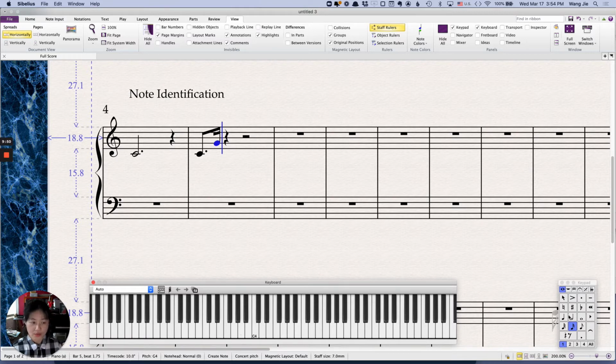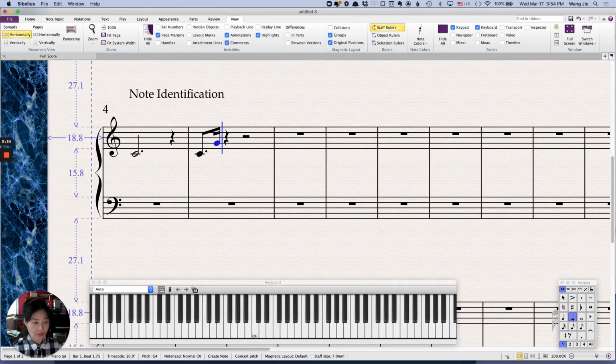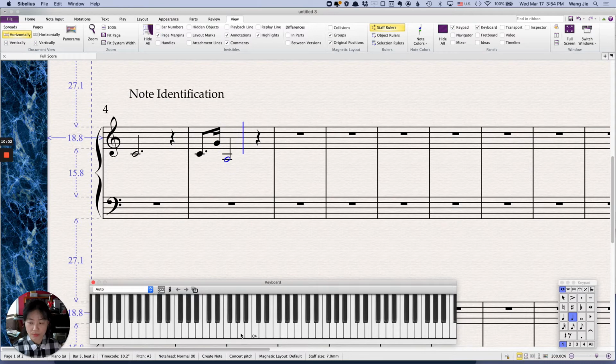So what we're going to do is select a note value. In this case, I'm going to do a half note, and I'm going to come here and type in the A below middle C. That's it. And then I might say, oh, please give me an F sharp